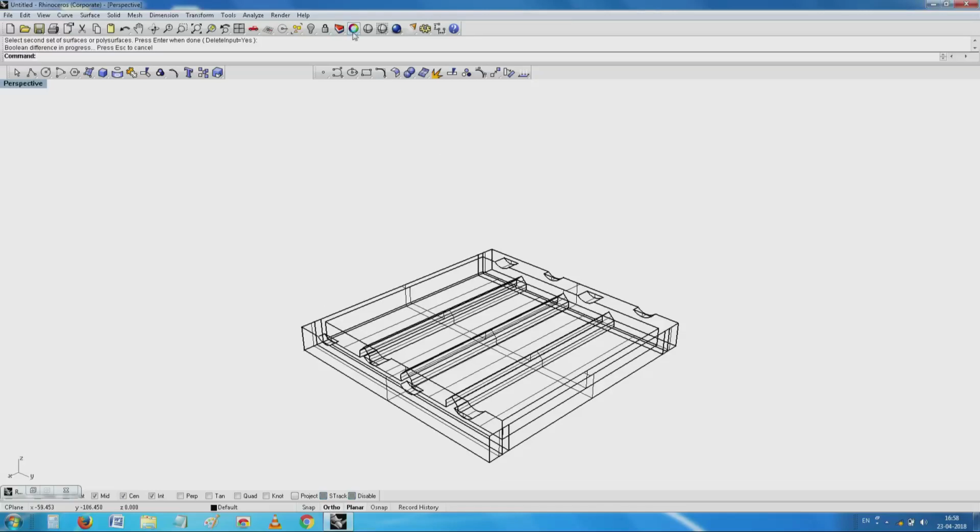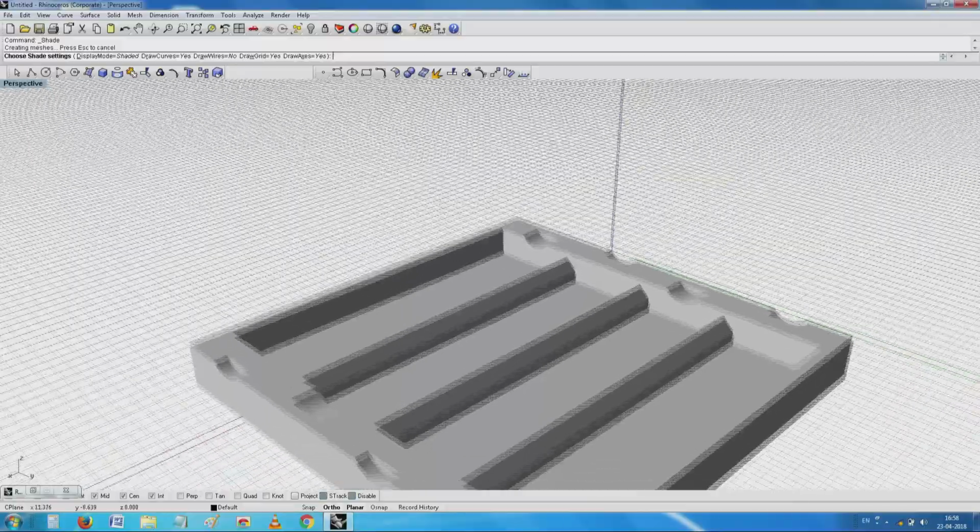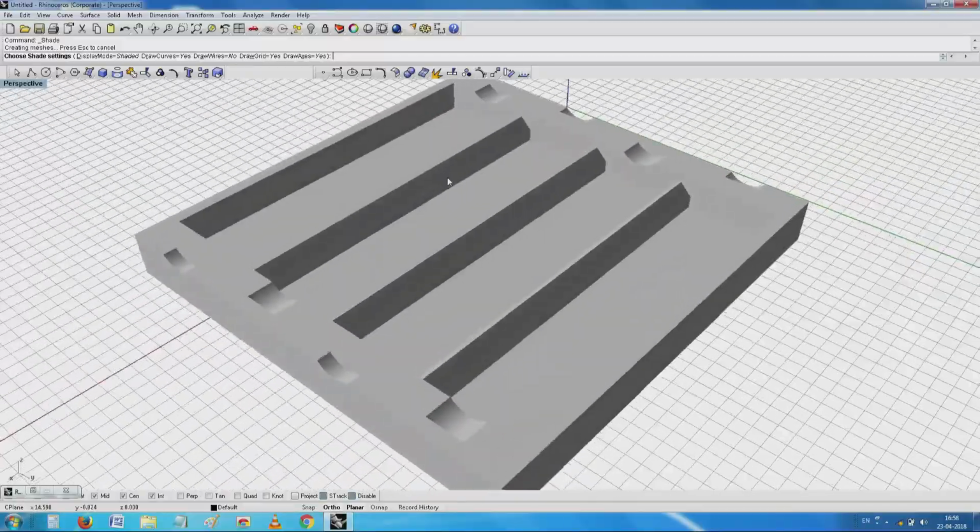You see here, for the first time, you will notice that whatever features we wanted are being built up